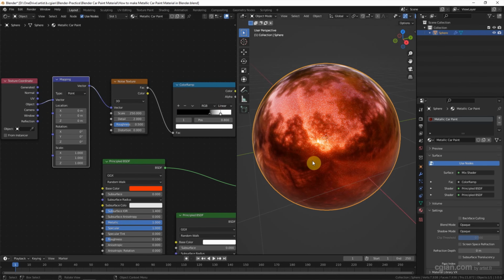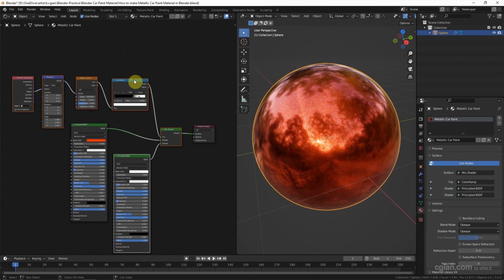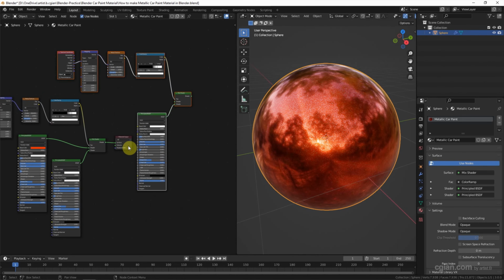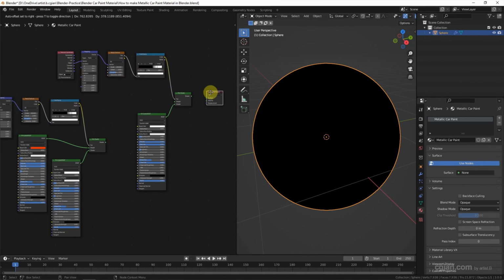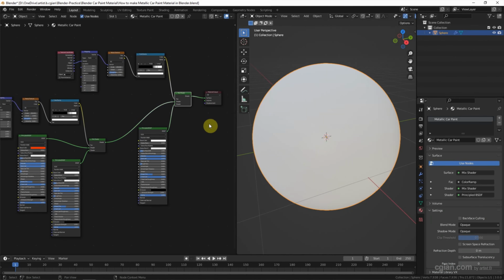And then I will add some dark metallic powder texture on it. I will use another Mix Shader, Principled BSDF, and some nodes here, copy and paste, and put it here. Disconnect the material output. I will use the old Mix Shader to connect to the new Mix Shader. And then the new Mix Shader connects to the material output.